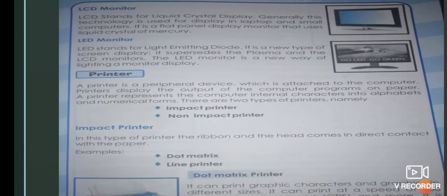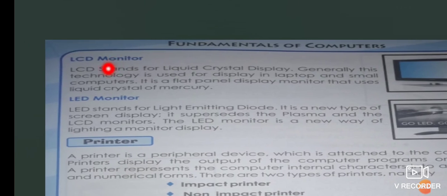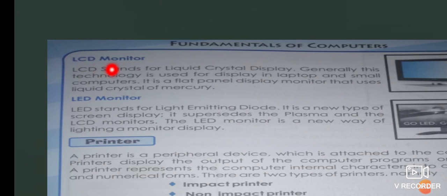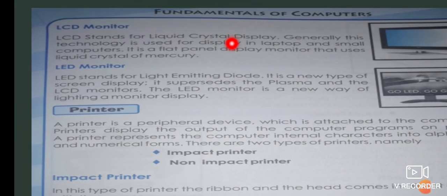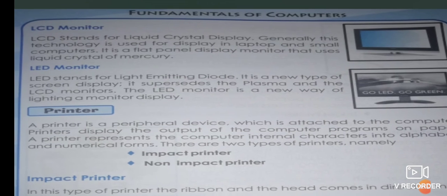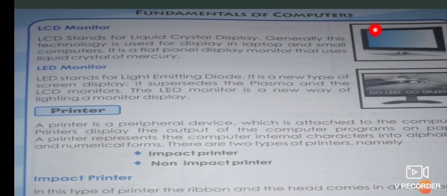Okay, and then the next one that comes under the different types of color monitor is LCD and then LED. LCD stands for liquid crystal display. Usually a laptop screen is made up of an LCD monitor. And LED stands for light emitting diode.